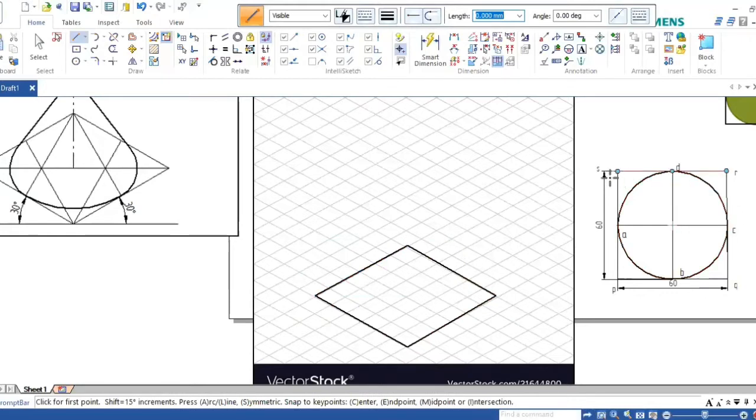This square PQRS is the bottom of any cylinder, and the same applies to the other circles.